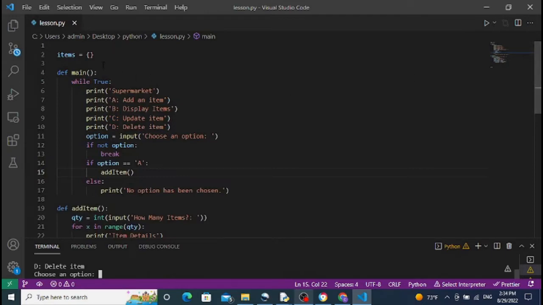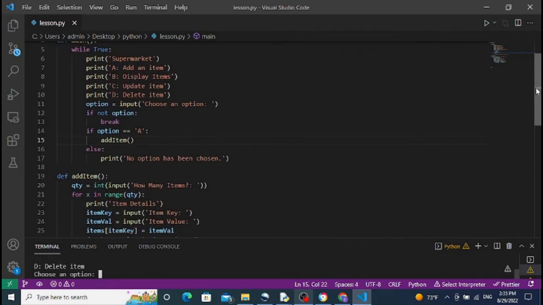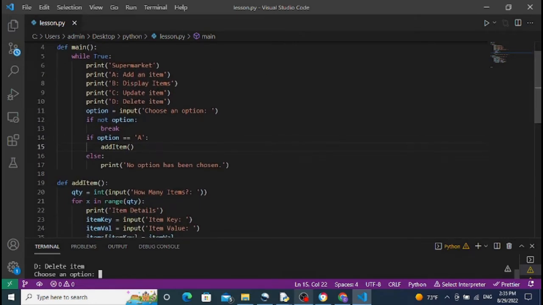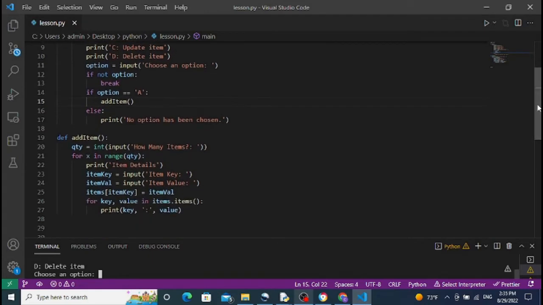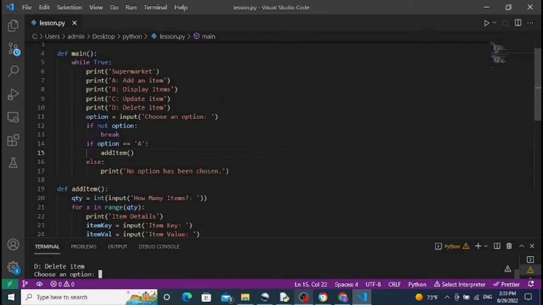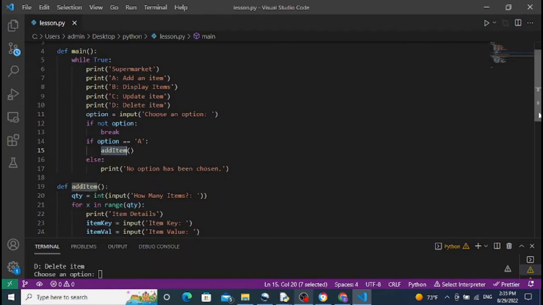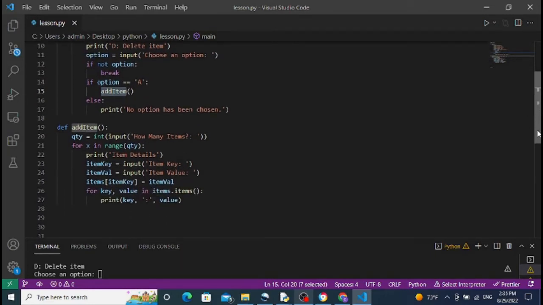If you remember from the previous video, we already created our dictionary here. So this is our management system. As you can see, we already have our main method, or function, and then you have these options where the user could choose what they intend to do. Currently, we have the add item function, which, when the person chooses option A, displays the add item option, allowing them to add items to the system. So what we are going to do in this second part of the video is to create